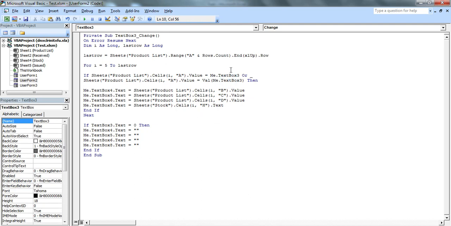So again we mention this code: Sheet ProductList.Cells(i, column A).Value is equal to Val(TextBox3.Text), then.